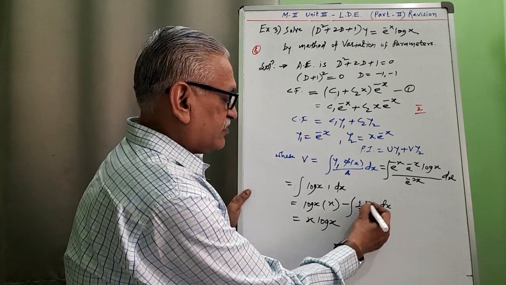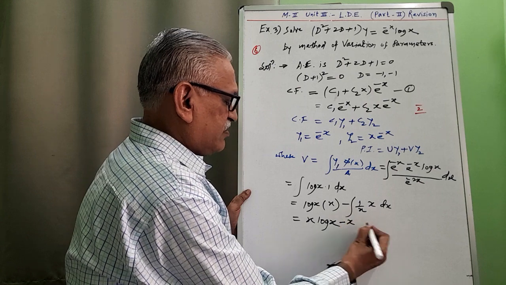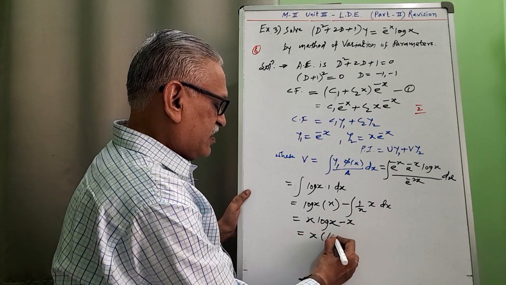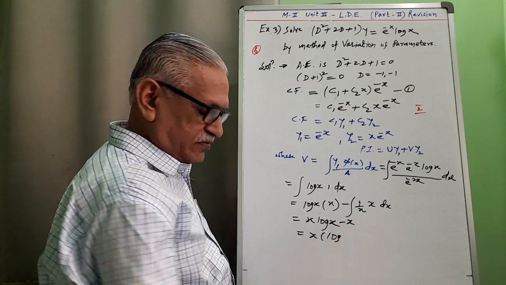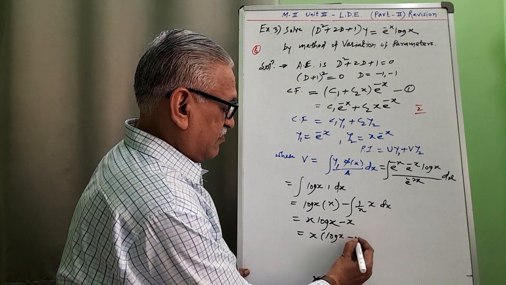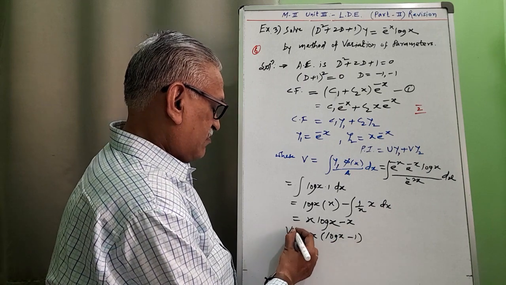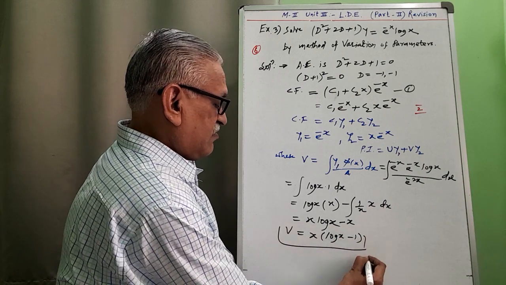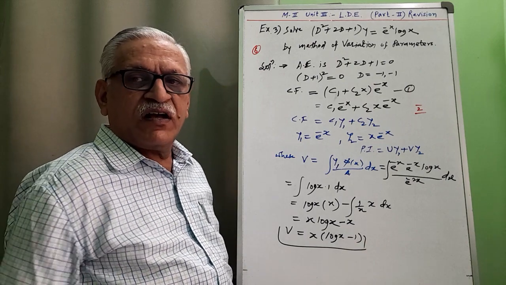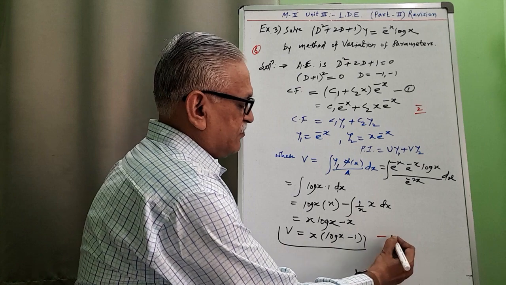it is x log x, integration of dx is x, and therefore we can take x common from this. Remaining terms are log x minus 1, as the value of v. For this step you will get 1 mark,